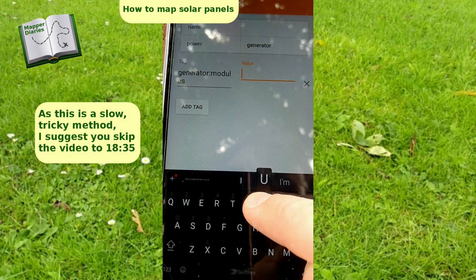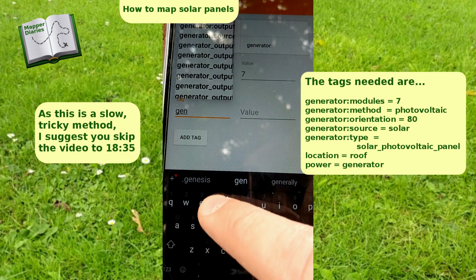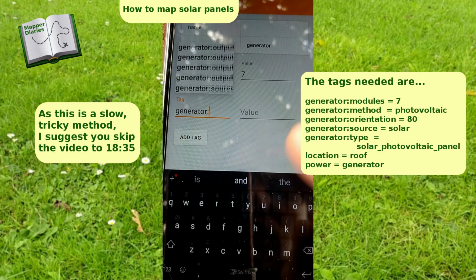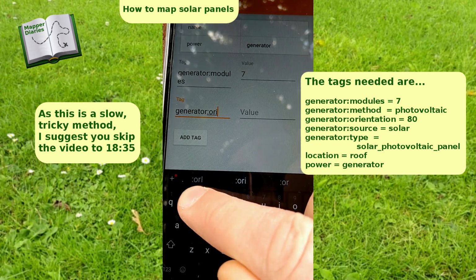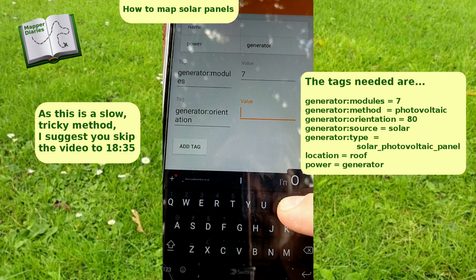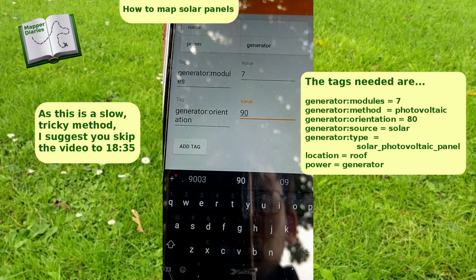I can then put in the value of 7, and I can put generator... See, the trouble with this is you have to get the spelling correct as it's going straight into OpenStreetMap. So generator orientation, it was facing east, so 90 for 90 degrees. And then I will continue adding the other tags, but I had to remember them, which